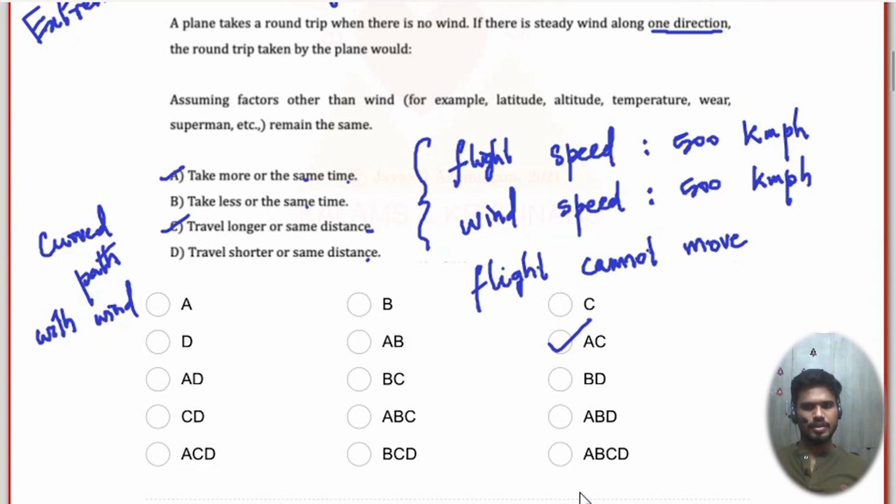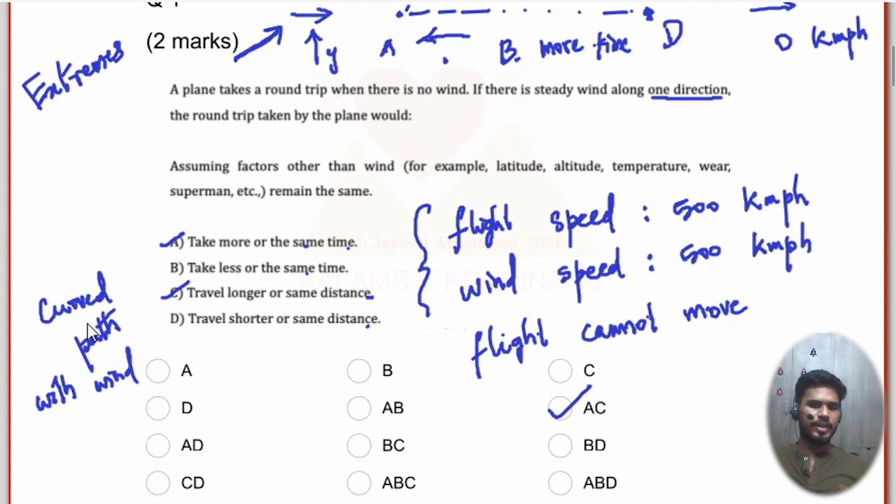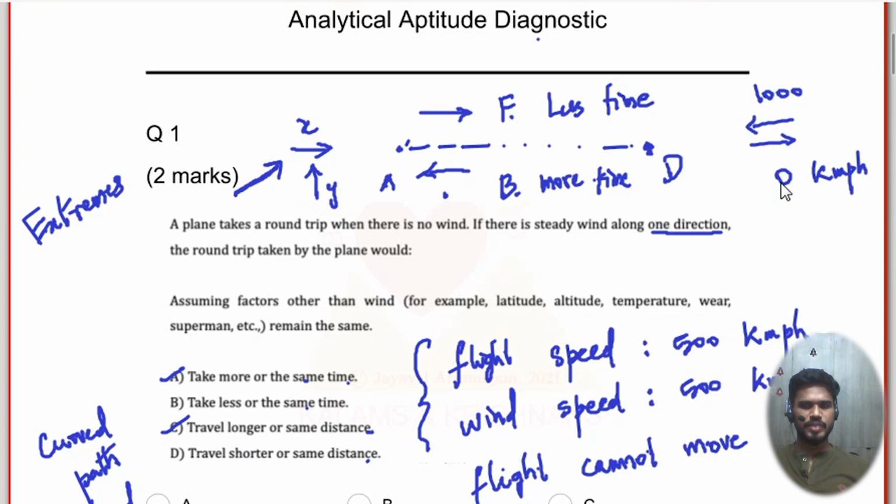A very quick explanation. With wind, it's going to take a curved path, which is going to be longer than a straight line. Best case is the same distance. And when there is wind, one of the extreme cases, a quick example, is that wind speed is the same as maximum engine speed. The flight cannot travel. It starts from D, it has to stay at D. The engine cannot really work against the wind. So time taken is infinite.